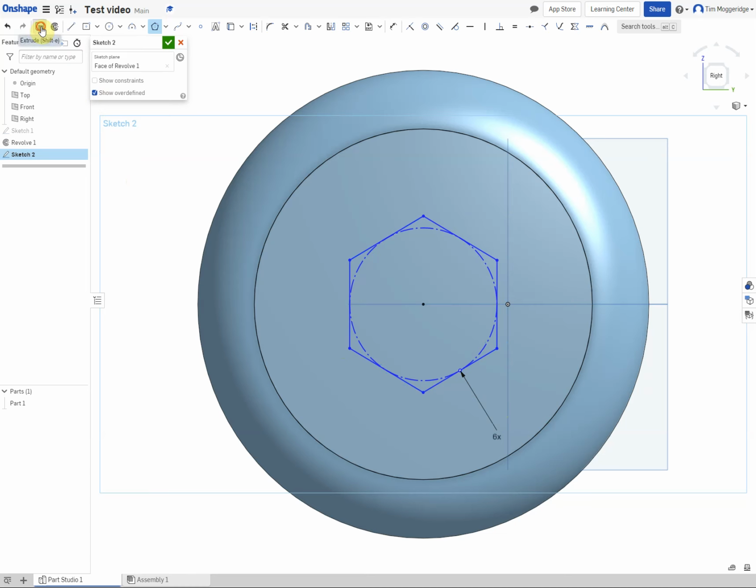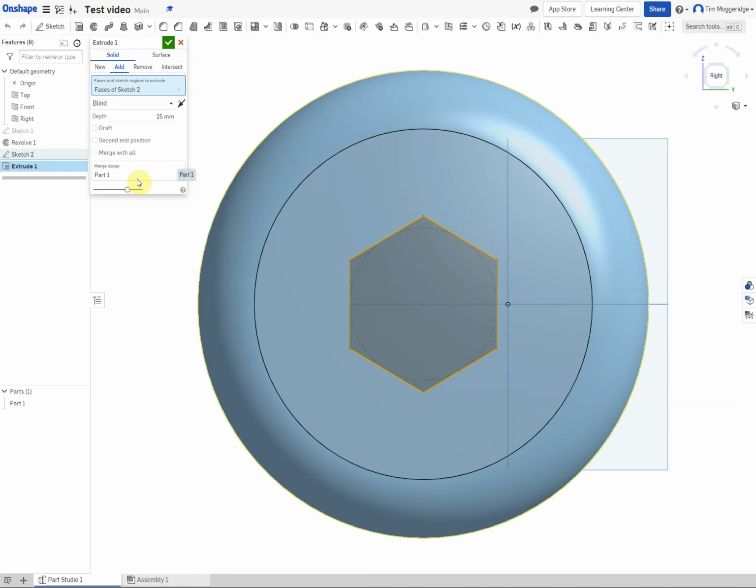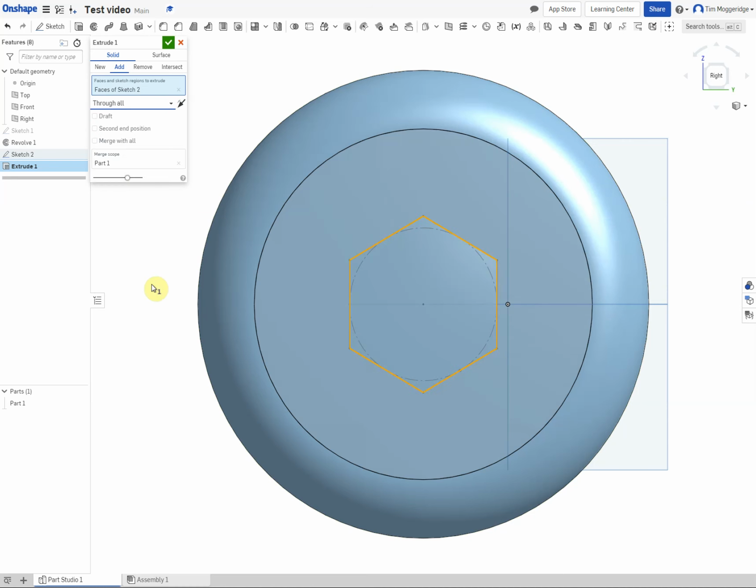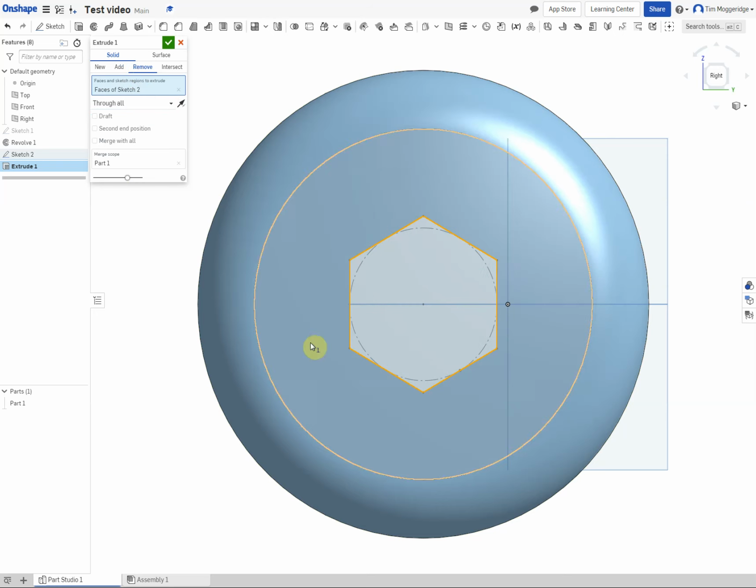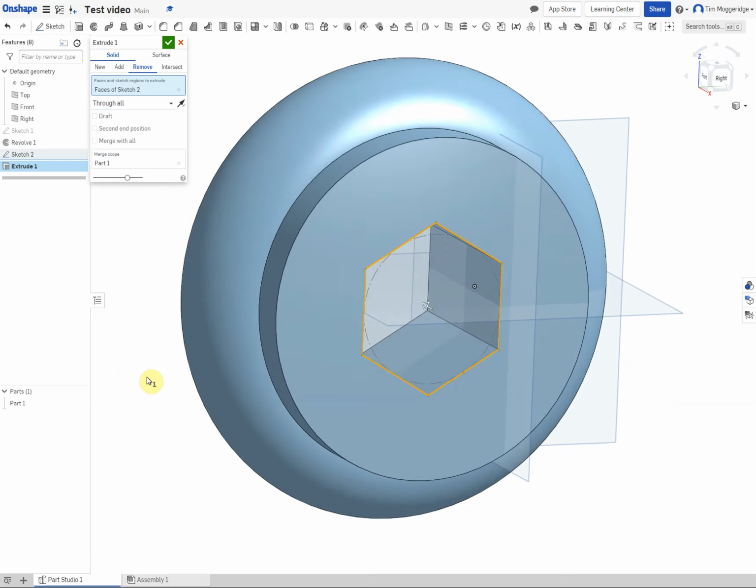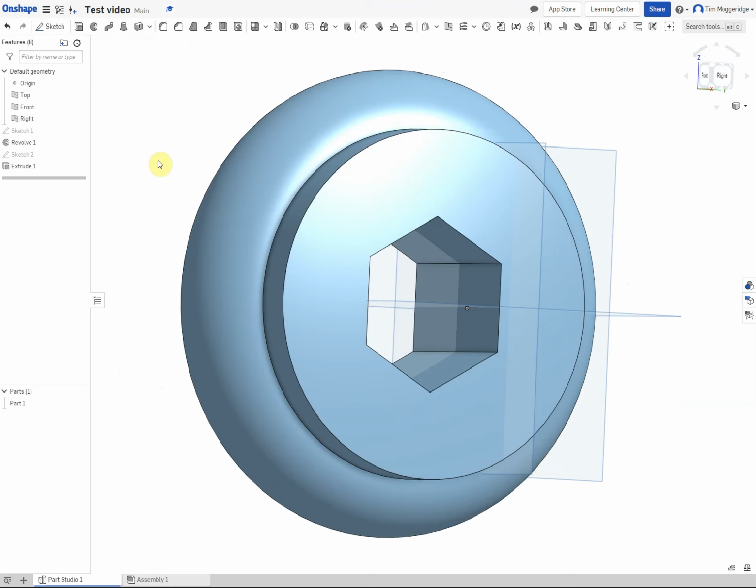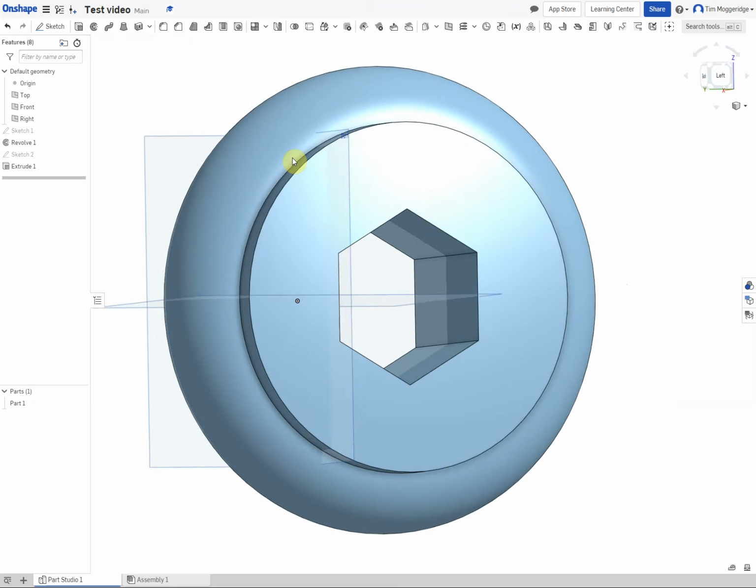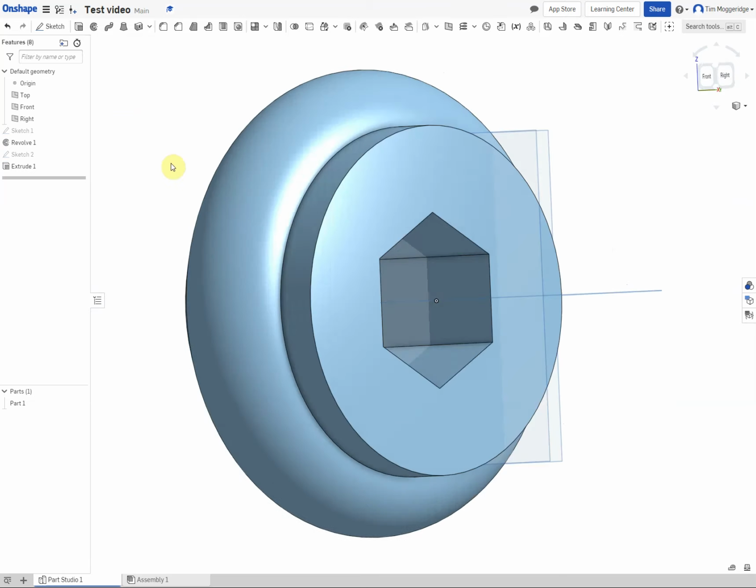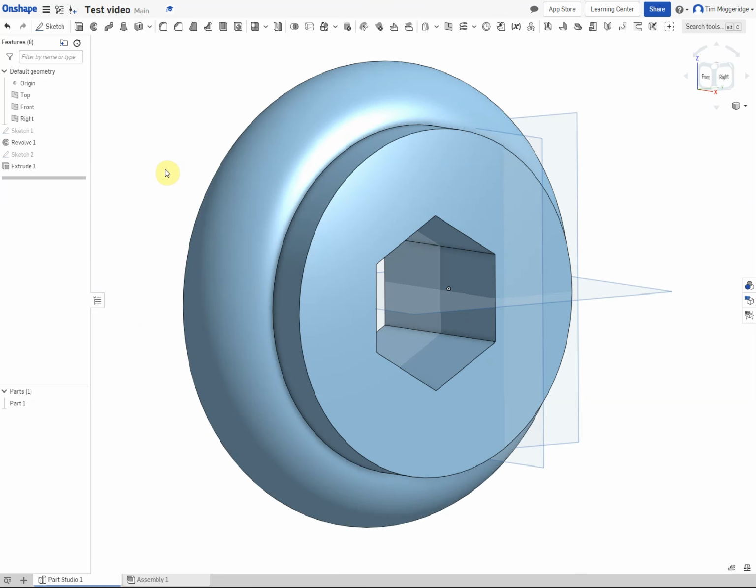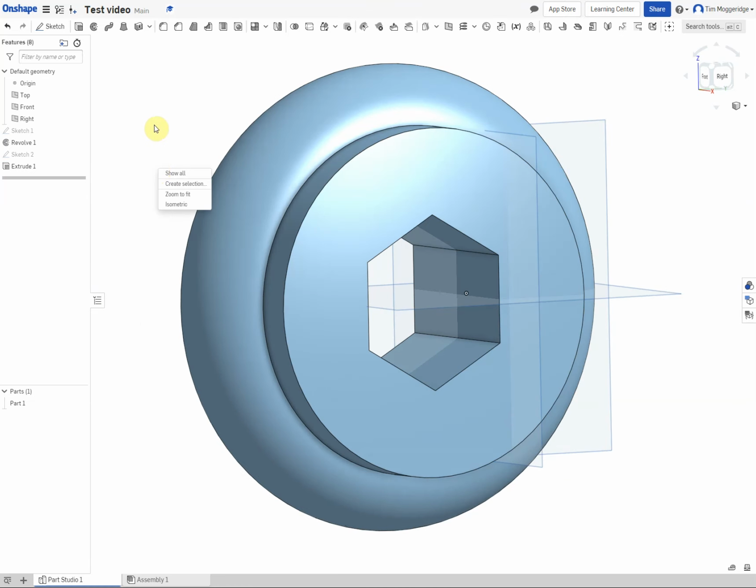so I can apply a different feature. So I'm going to go to extrude, and I'm going to change the condition to through all, which means it will go through the whole shape. But I'm going to click on remove. So it's going to remove the material. You can see it's cutting a hole. If I hold down the right mouse button to turn that around, click on the tick to say I'm happy with that. So you can see that I can add material and I can take material away. And that is the basics of using